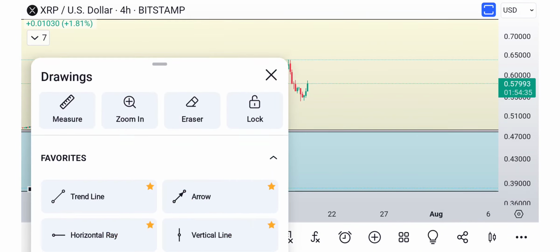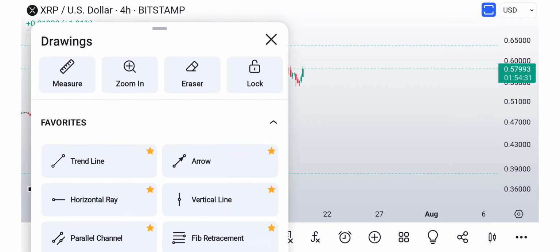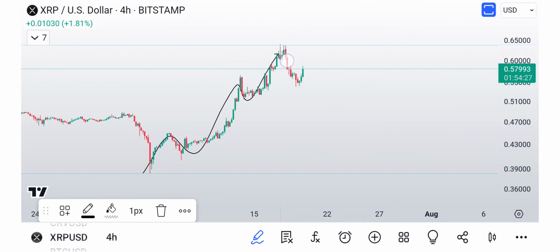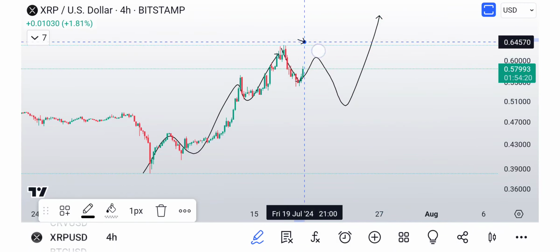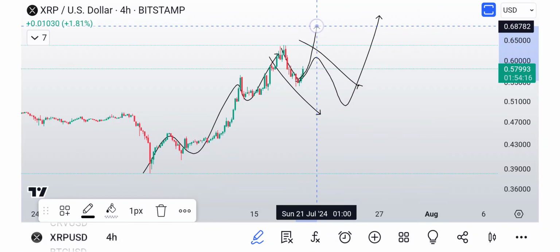The 4-hour chart. So obviously in XRP we had 5 waves. This is exactly what we wanted to see. 1, 2, 3, 4, 5. We have an A, right? This could be B, and then we come down for C. That's what I'm thinking here. Something like that. If this is going to continue higher and break the top, then what I'm going to do